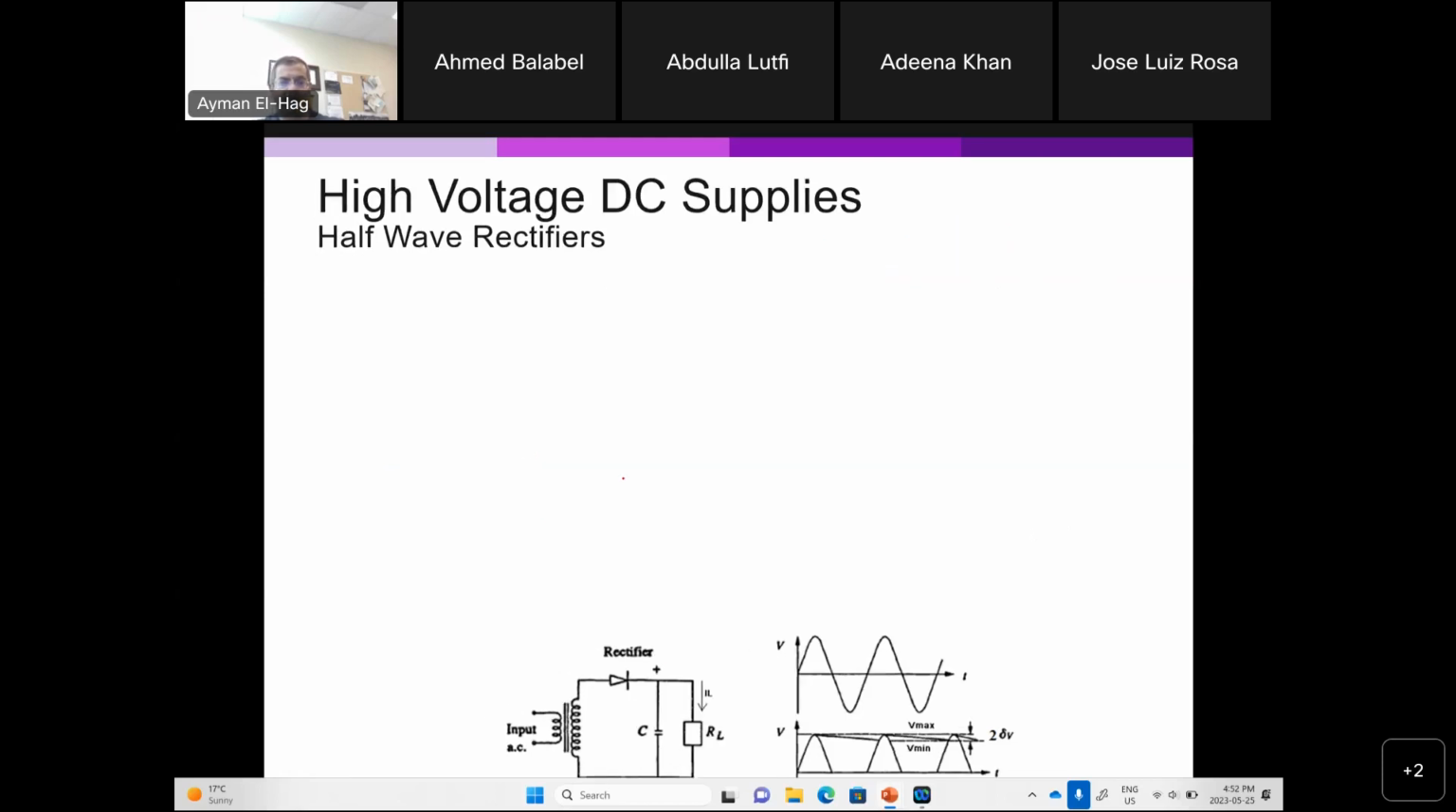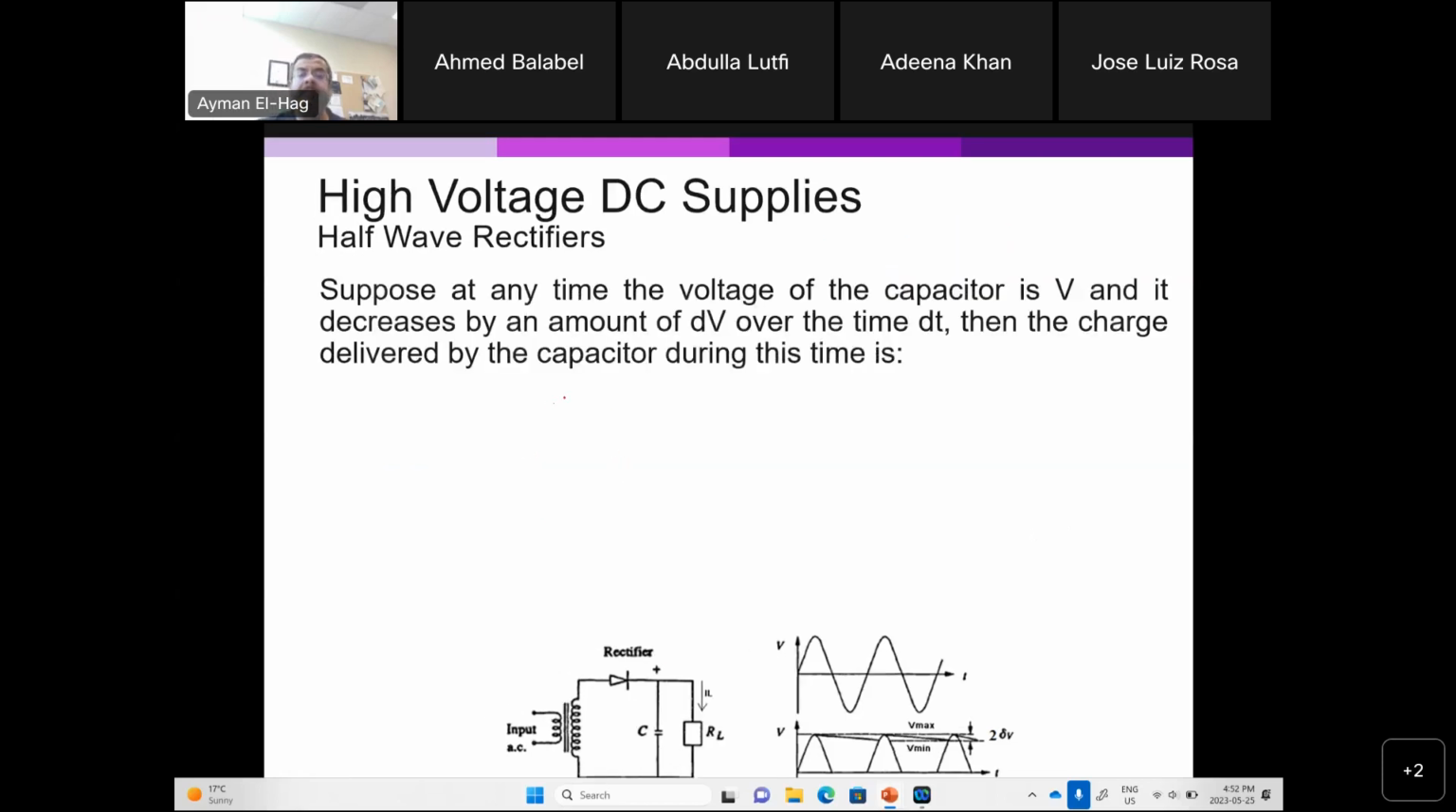Now suppose that at any time the voltage of the capacitor is basically V and decreases by only dV. So it was V and reduced by dV during delta T. So the charge delivered by the capacitor during that period, now we know that Q equals CV. This is the major relationship between the charge, capacitance, and the voltage. So if I'm talking about a delta Q only, it's C with this dV. So I need to have transferring dQ to compensate for that